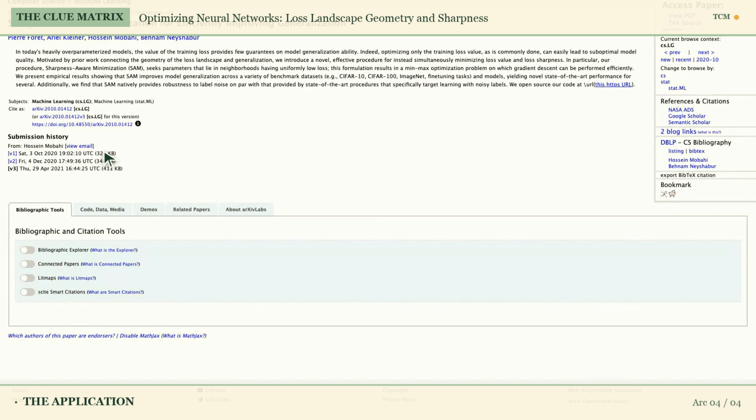This all sounds incredibly powerful. Are there any downsides or situations where SAM might not be the best approach? That's a crucial question. While SAM often improves generalization, it comes with a computational cost. Each optimization step requires calculating the loss and gradients twice, once for the perturbation and once for the actual update. This can make training significantly slower, especially for very large models or datasets. Also, tuning the radius of the perturbation, often called rho, introduces another hyperparameter that needs careful selection for optimal performance, and finding the right balance between sharpness and loss isn't always straightforward.